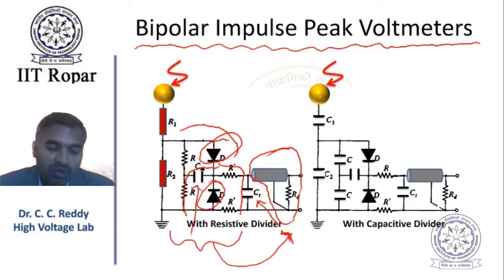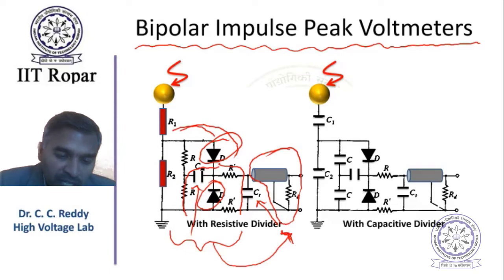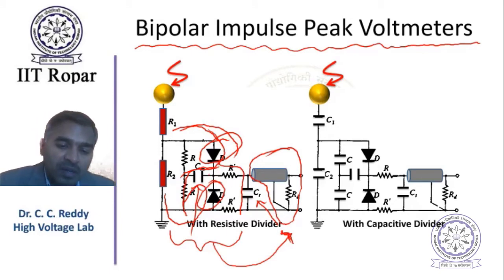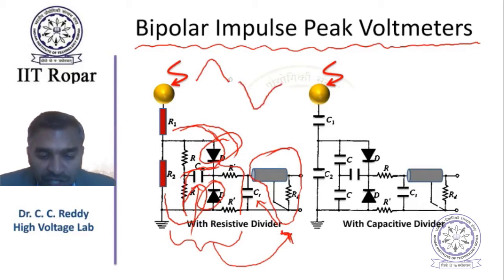Actually it is safer and better than this kind of setup. So this is how it will work for positive impulse. When positive impulse is there, this diode will conduct and then it will be charged. And if the negative impulse is applied, it will conduct like this, and then again the same situation will happen. So the same circuit can be used for positive polarity impulse as well as negative polarity impulse without any modification, without any changes or settings or whatever is required.